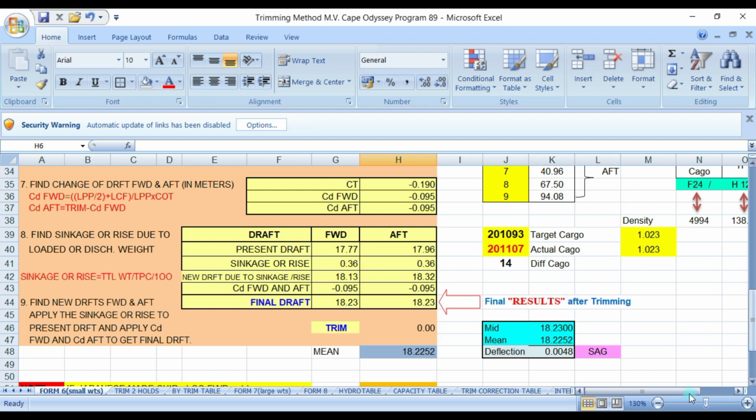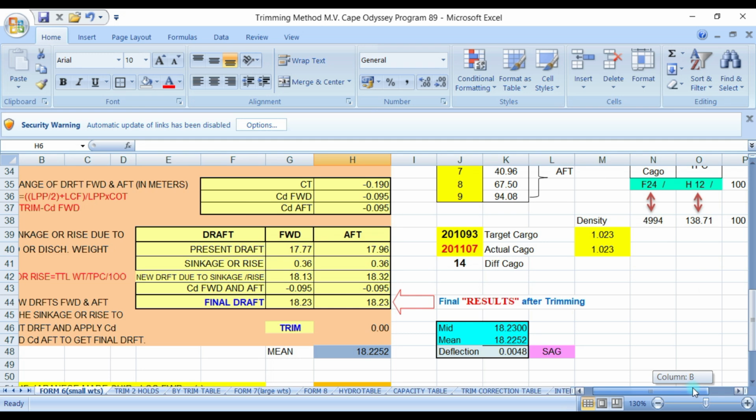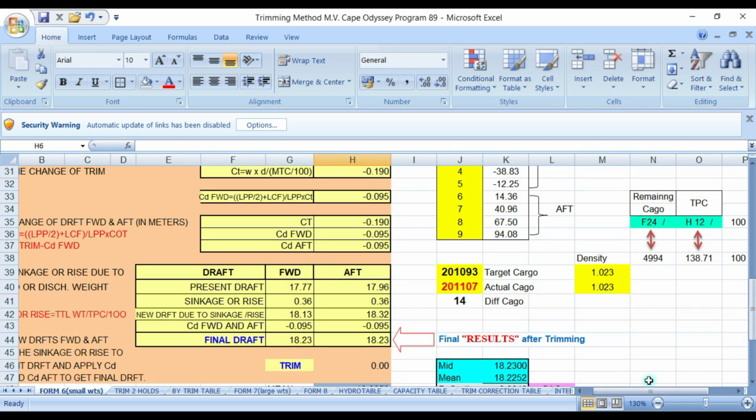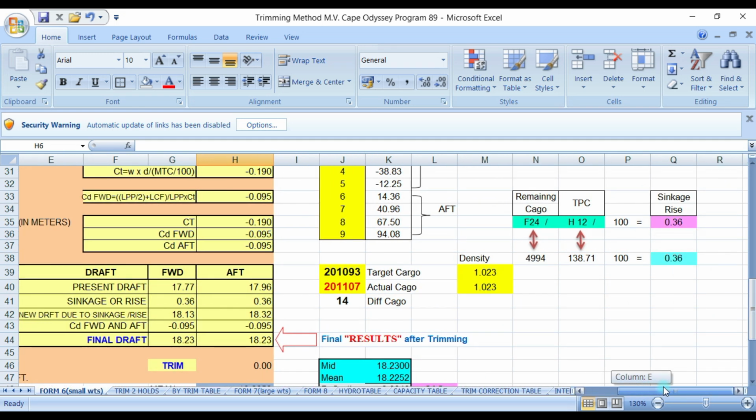Okay, just take note, a reminder, the sinkage here is with this formula. You follow this formula, then you get the results of 36. From this figure, you follow this formula, which is this one, then the results will be 36.